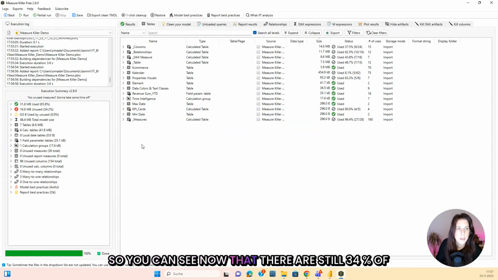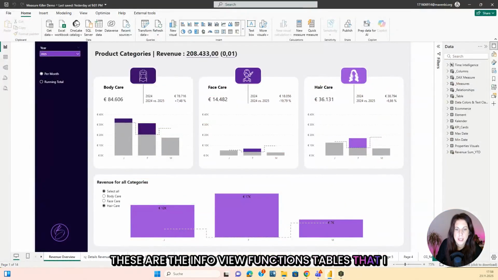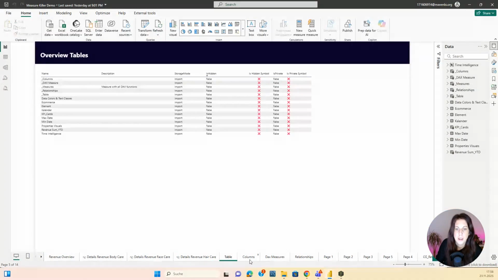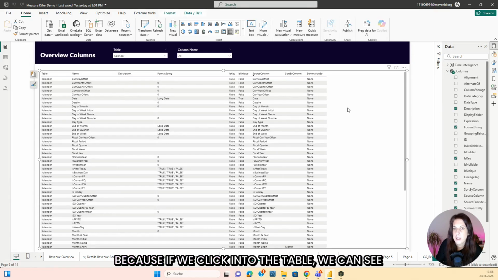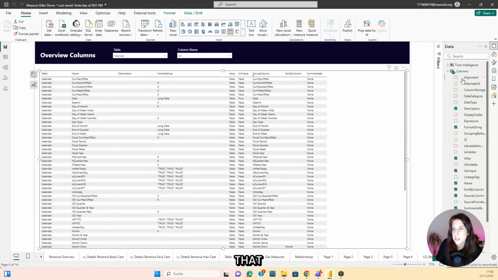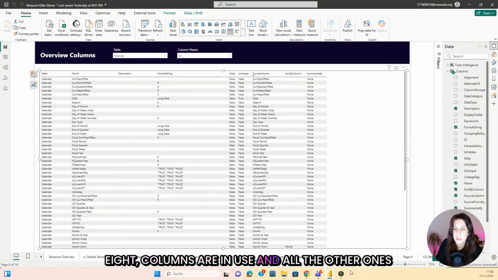So you can see now that there are still 34% of the data not used, so 16.6 megabytes. And we can see here that the unused data is mostly in the underlying columns, table, and the lineage tag, the DAX measures. These are the INFO VIEW functions tables that I put in here, these ones. And they have a lot of columns I did not use because if we click into the table, we can see that only 1, 2, 3, 4, 5, 6, 7, 8, 9 columns are in use